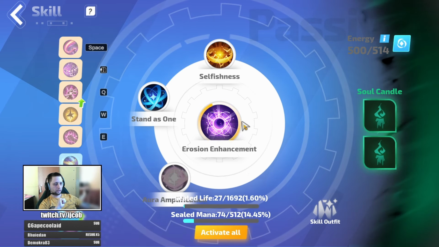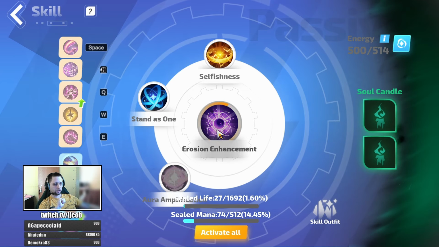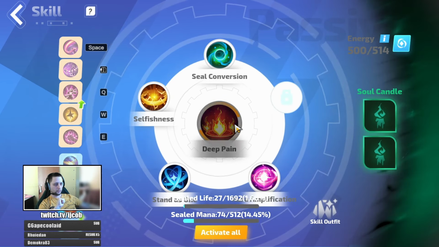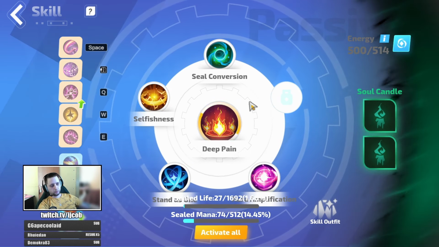The last aura would be Erosion Enhancement, Selfishness, stand as 1, and Aura Amplification again, which increases your erosion damage, and this one increases your damage over time. Yeah. For the auras, while you are leveling,